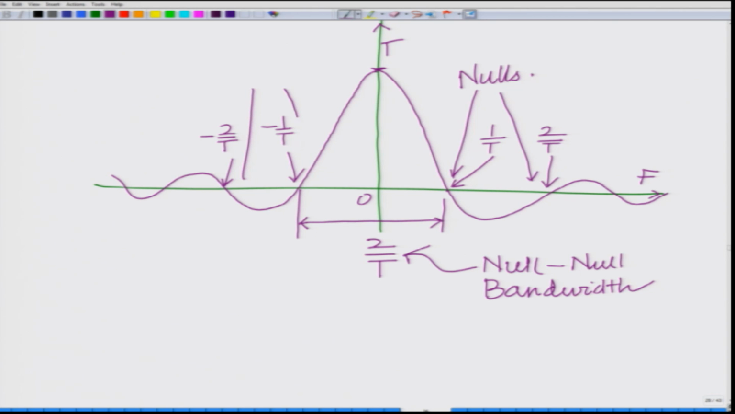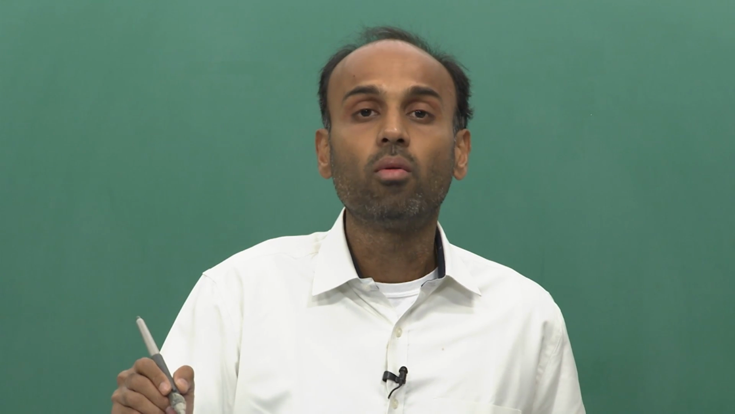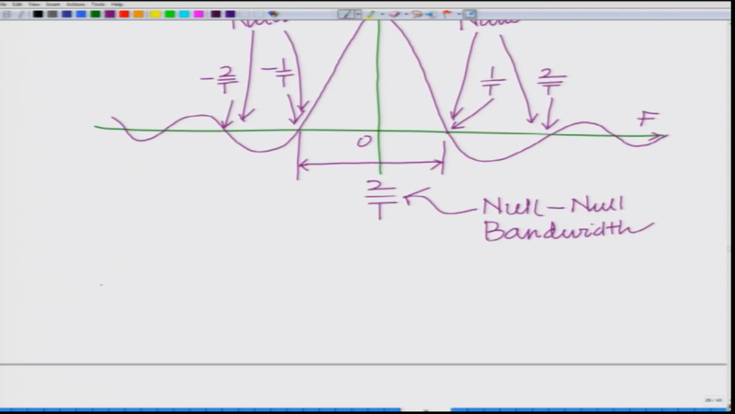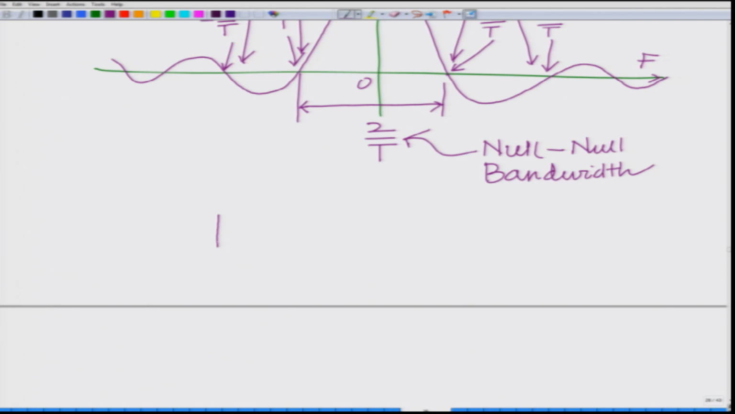So, these are basically the nulls. In fact, there are several nulls. At every integer multiple of 1 over T, that is k over T, this is 0, except when k is equal to 0. At f equal to 0, as we have already seen, this is capital T. So, this is T sinc f T,